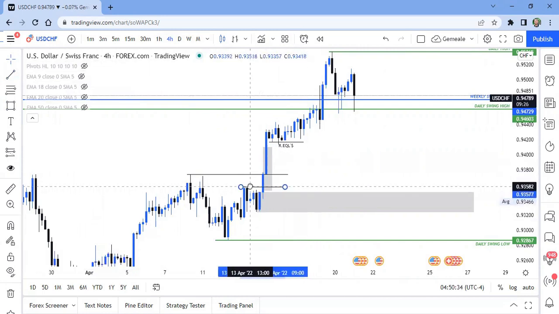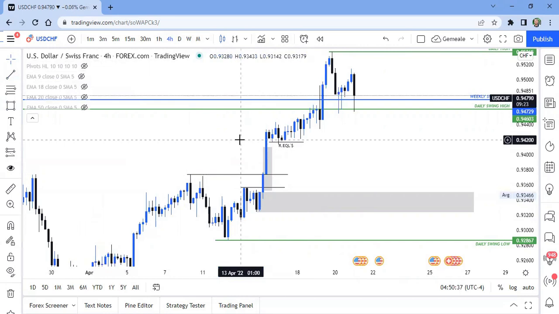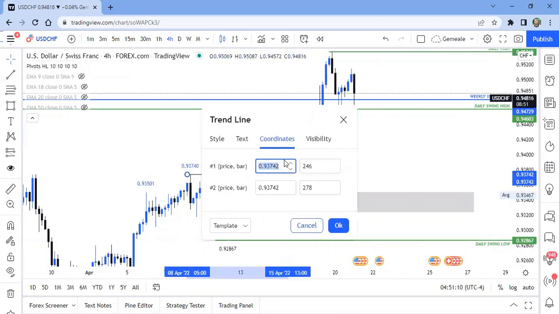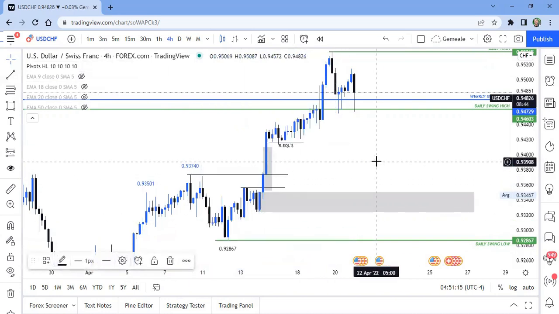So now we're formulating a trade idea. We're giving ourselves some logic and reason for the market to go to certain areas before we place trades. So even if we are wrong, we have formulated an idea based on our strategy, and we can be fine with that. We can be confident to take the trade, because we are looking for high probability setups. So we have to be patient to let the market show its hand and come to the levels that we are willing to participate in. So let's just get those levels in correctly. There. Just going to put that there, and